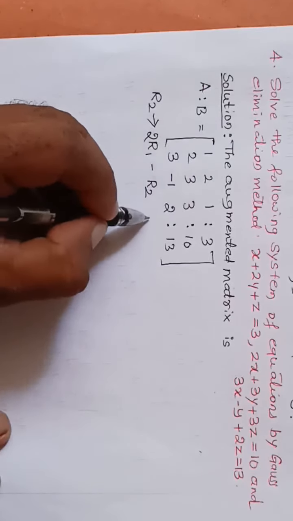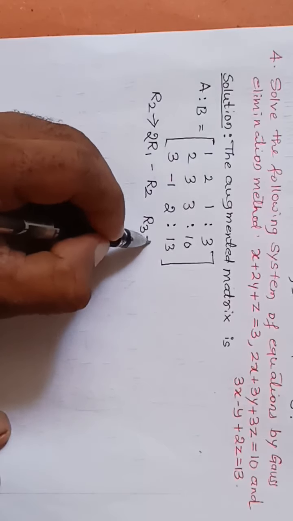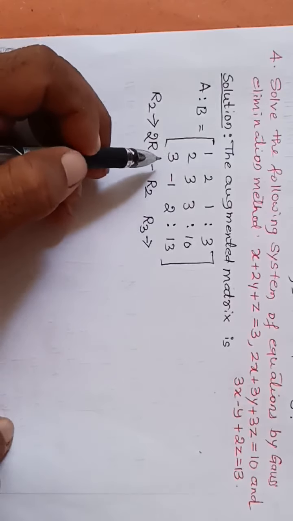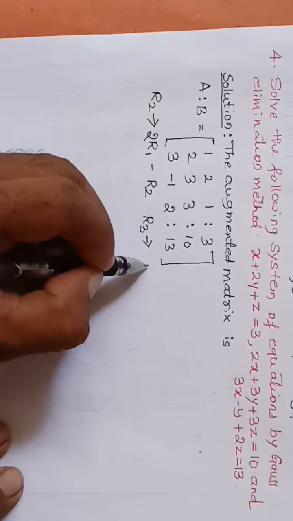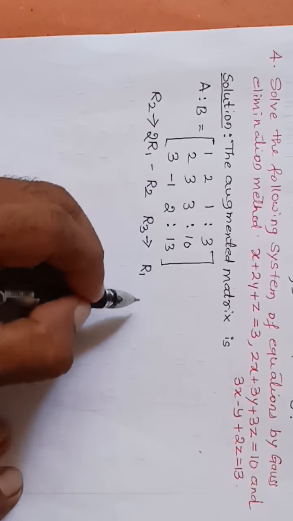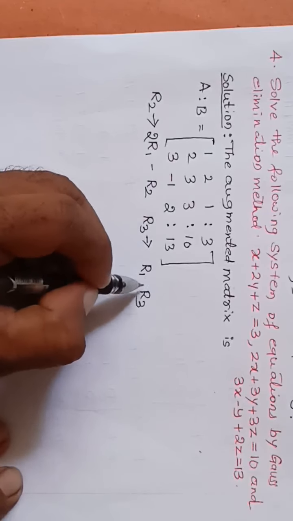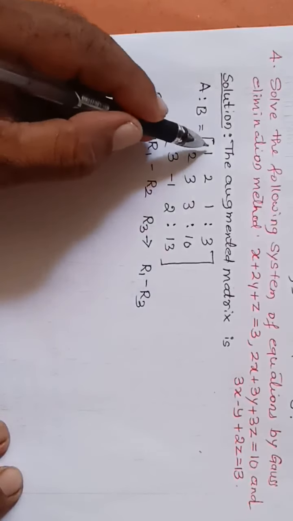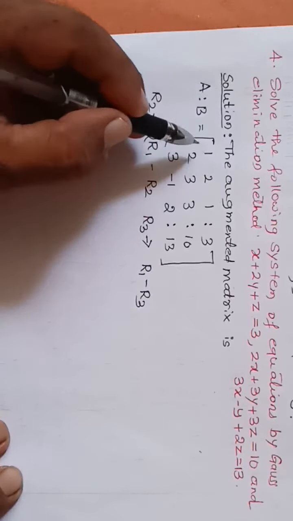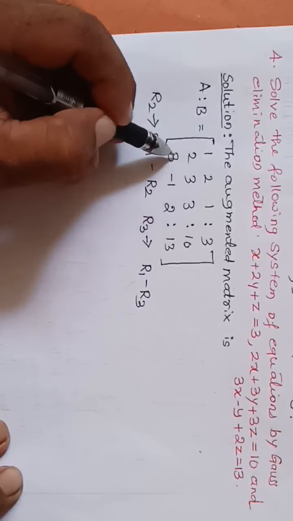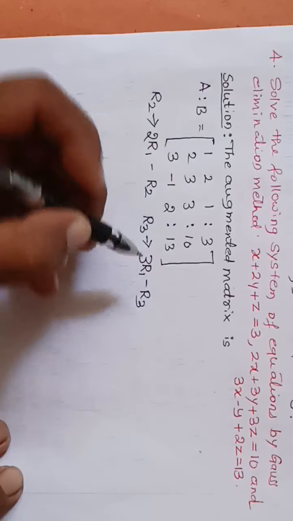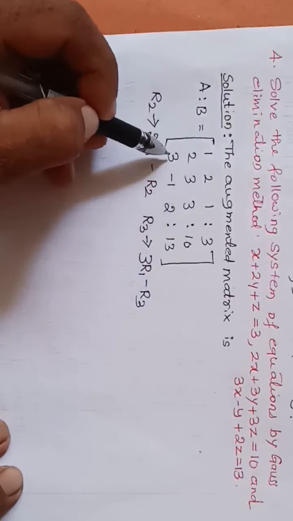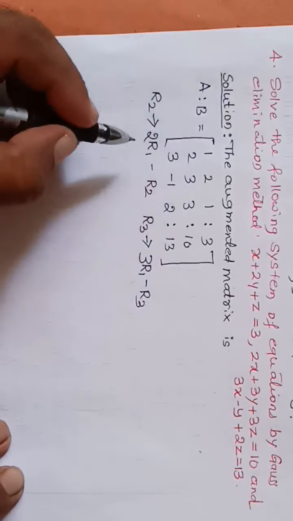And next for the third row, R3. We could try R1 minus R3, but 1 minus 3 is minus 2, not possible to get 0. So we make 3R1: 3 into 1 is 3, and 3 minus 3 becomes 0. Then